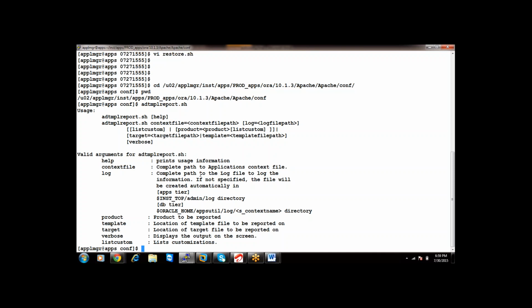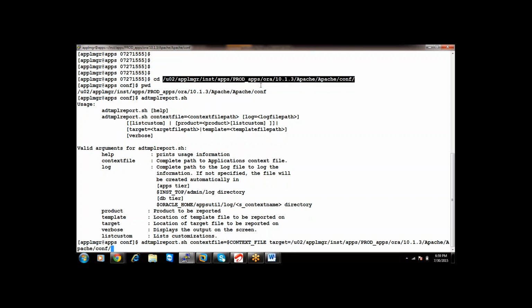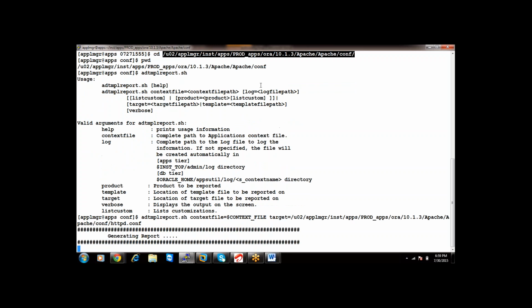See, addtmpl report.sh, context file equals $CONTEXT_FILE. Next, target equals, in this location I have my httpd.conf. It will generate a report.